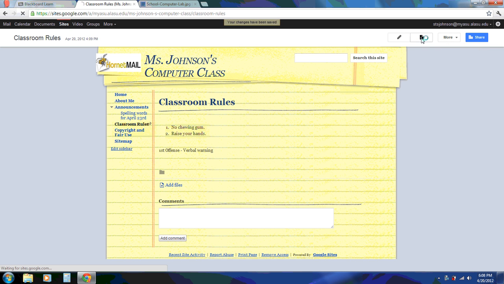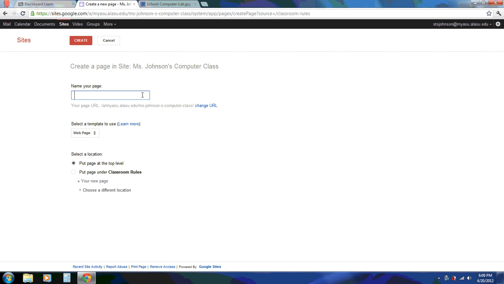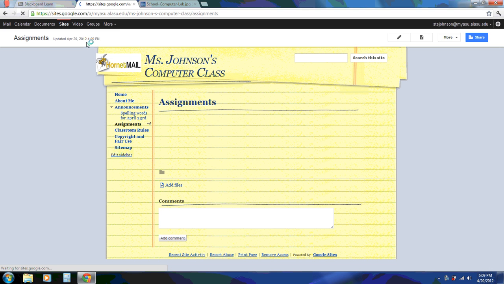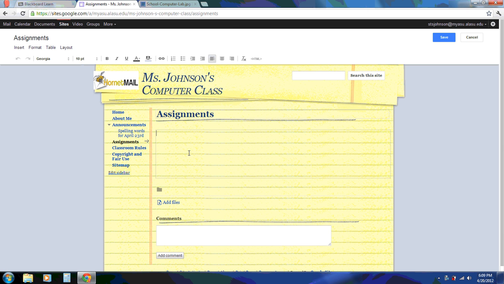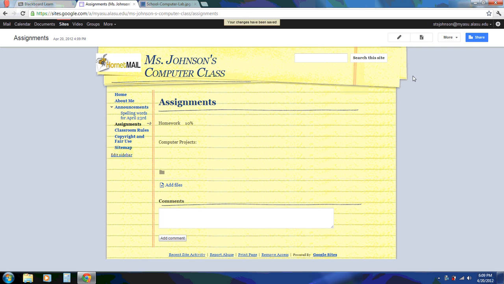Click Save. The next page that you are to create is your assignments page. Click Create. Don't forget, this is supposed to give your grading policy and any major projects. So you can describe that computer project, how it's graded, what needs to be done, how long it's going to take, any kind of information that you want to include by any major projects. Click Save,